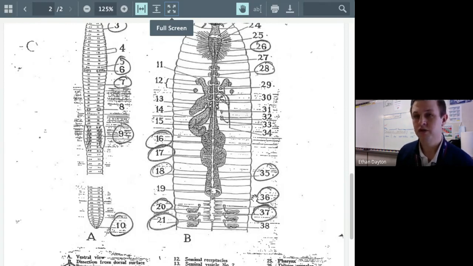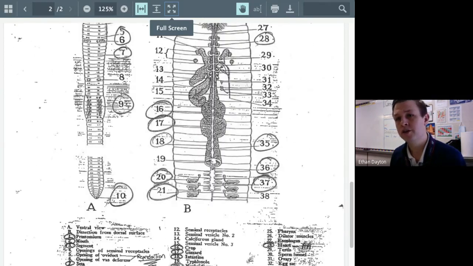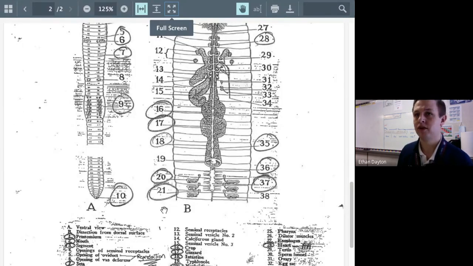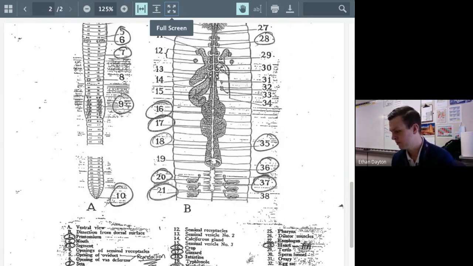The undigested food gets passed all the way down to the end here, and you cannot see the end here, but where the digestive system ends is here, and waste is excreted. What is the name of that again? What's the name of where waste is excreted? Leah, excuse me. The anus. Very good. Awesome. Appreciate it. Okay, so that was the digestive system.